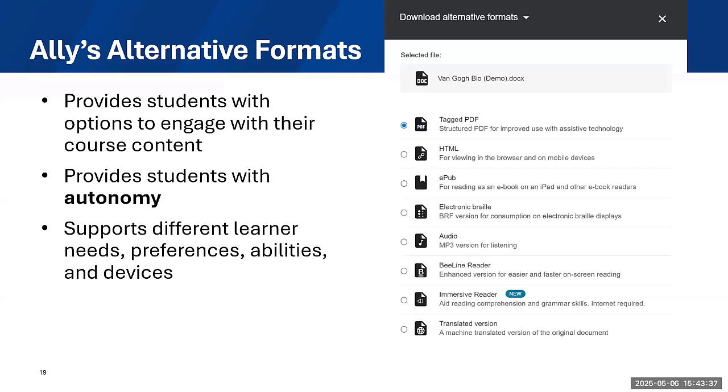And so what happens here is that Ally will automatically generate alternative formats of either instructor uploaded content, right? So your files, your PDFs, PowerPoints, things like that, or WYSIWYG, what you see is what you get, that content that you've created directly in Blackboard. So Ally will automatically generate alternative formats of that content so that students essentially have the ability to choose which version they would like to engage with, or perhaps which version they need, in terms of any type of disability or impairment that really does require a different approach to how they're engaging